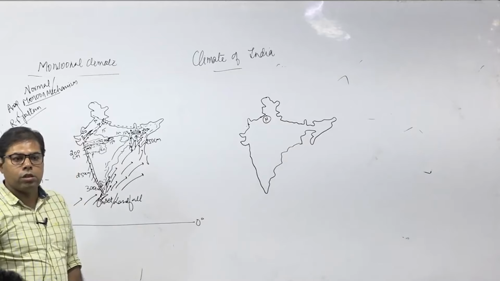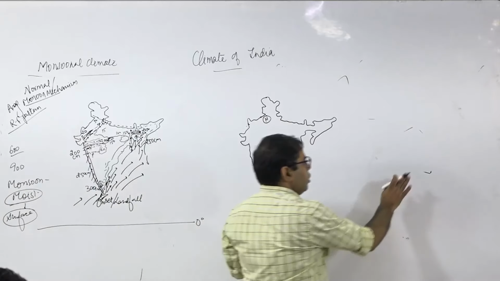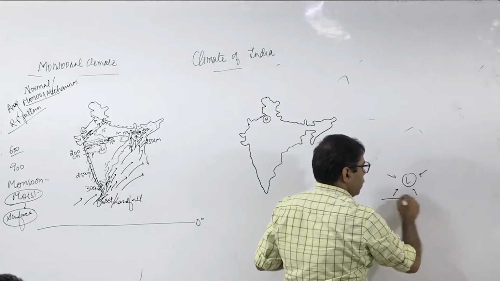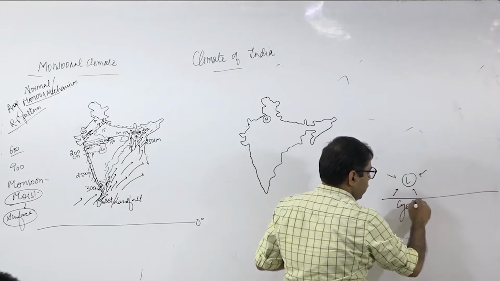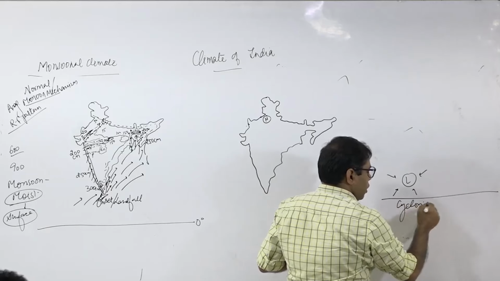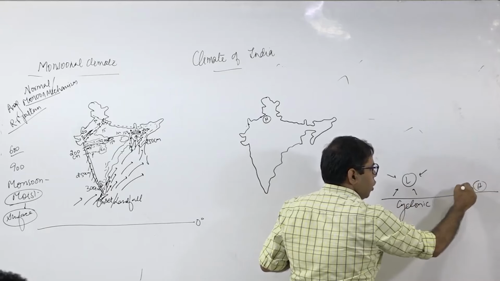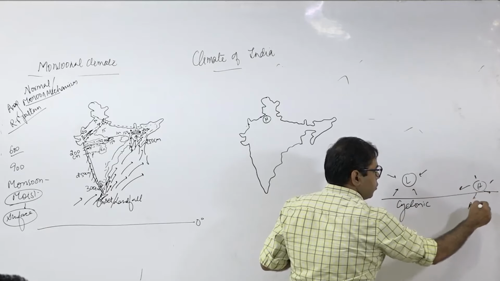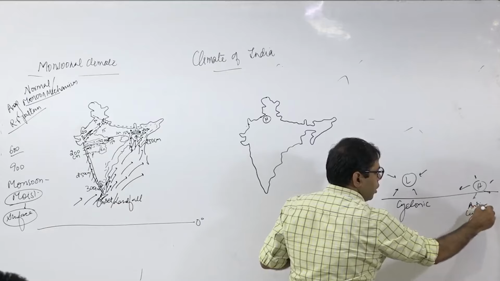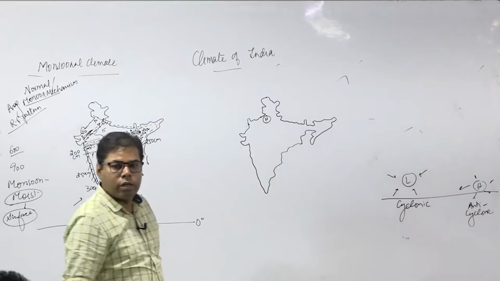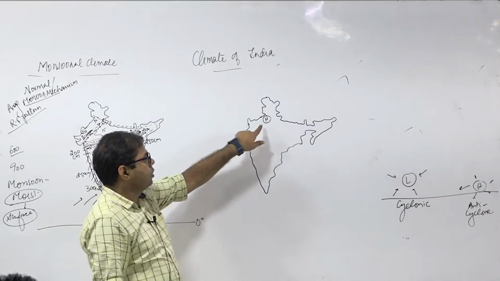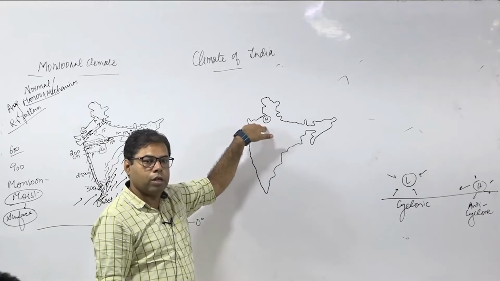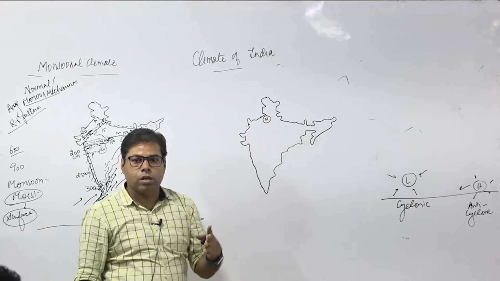High pressure means... low pressure is convergence of wind, means there is a cyclonic condition, and the high pressure means outward movement of wind, this is anticyclone, right. So this anticyclone means the wind of the monsoon which has arrived in the northwestern part of India,